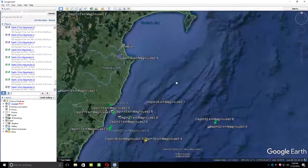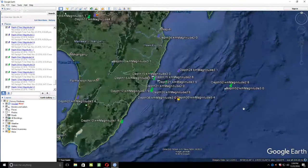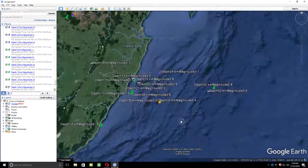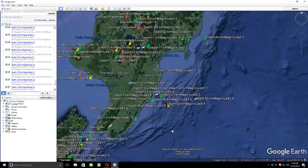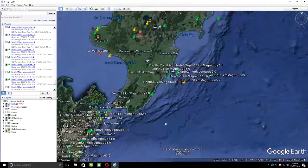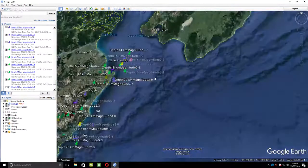What I was watching last night was the earthquakes progressing down the hill. And I was adding them together and figuring out what they would equal up to. It ended up being 5.4. This is only on half of this hill, so it's not all the way to the bottom yet. And I've seen a progression this way and a progression this way. Last night I was thinking that there would be a bigger earthquake here, and it did end up being a 4.4